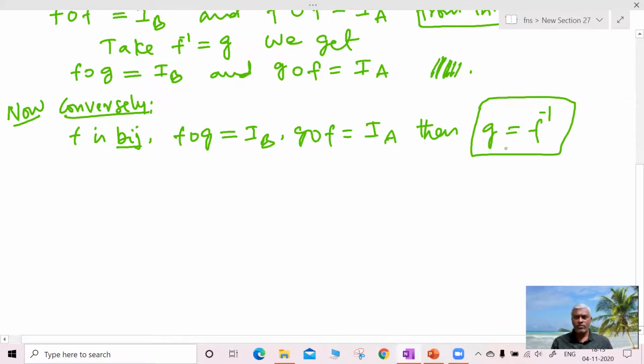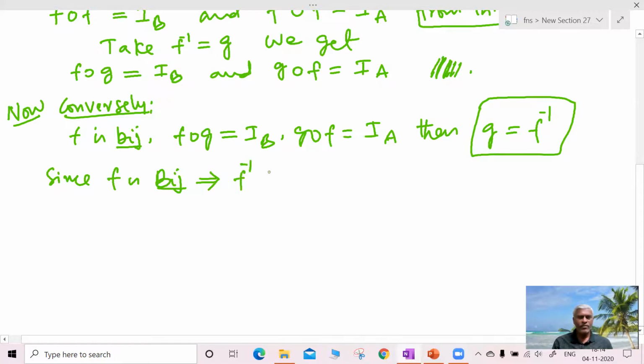So whenever we have to prove two functions equal, first the inverse must exist. So we have to prove f is a bijection and f inverse exists, and they are defined on the same domain, and the range is also equal. We have to prove the domain and range. So since f is a bijection, it implies